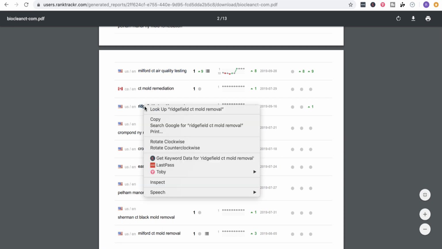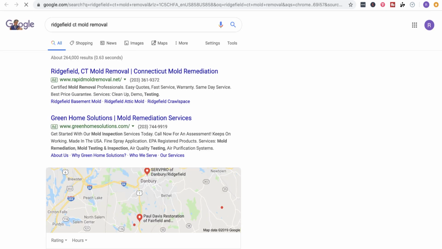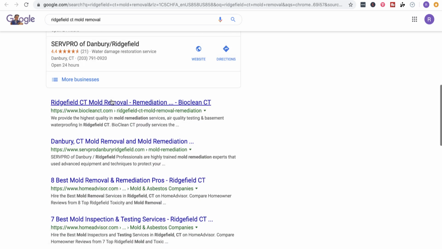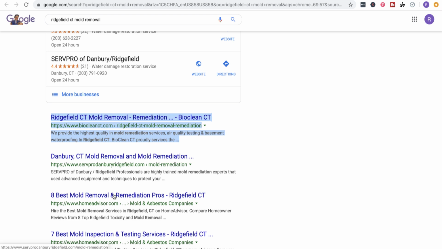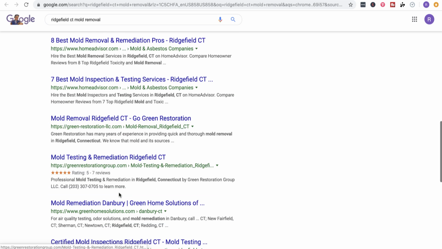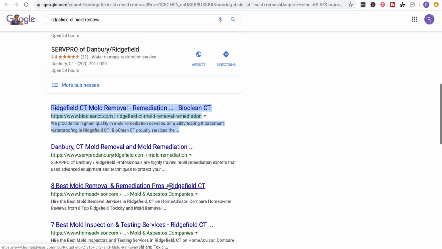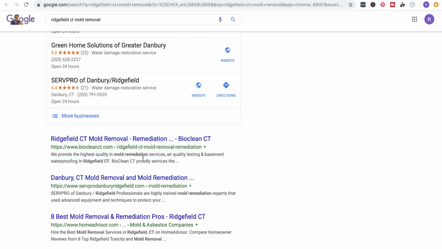Same thing with Ridgefield, right? Any of these towns and cities that we create for the client, they start ranking number 1 for these keyword phrases. And it's just such a wonderful thing, because a lot of the times we're competing with companies like Home Advisor and ServPro, and these guys are really big. ServPro is a giant company. Home Advisor is a giant company. They're killing the SEO game. So it's really wonderful when you get to see Google ranking and promoting a smaller business on top of these